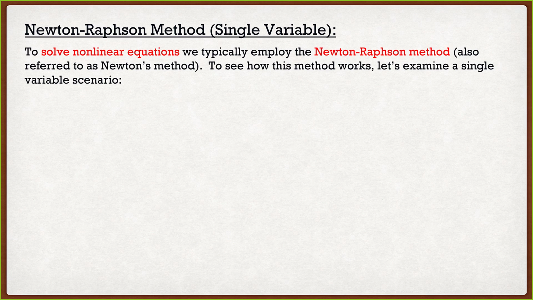So in ABAQUS, if you were to look at the documentation, it says Newton's method, but what it's actually referring to is the Newton-Raphson method. Now, why is it called the Newton-Raphson method? Well, basically Newton created a method and then Raphson generalized it. That's it. It is the exact same method except one's just generalized. So it's the same method, hence Newton-Raphson method.